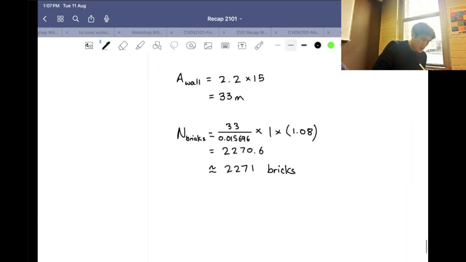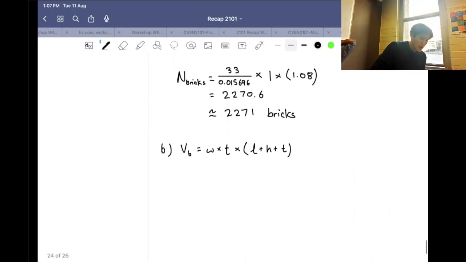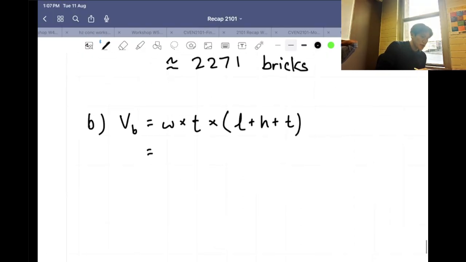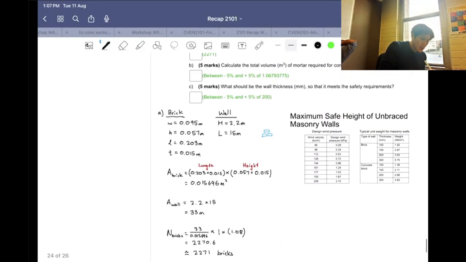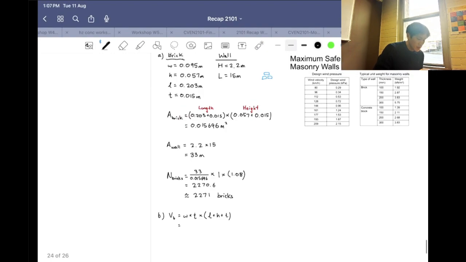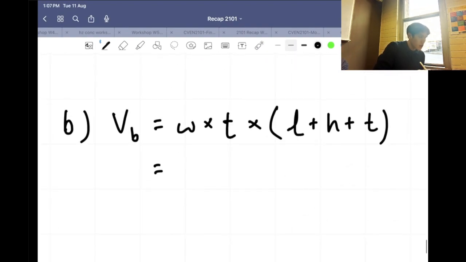Yeah, similar to part A, the formula for the volume of mortar for each brick is given to you as the width times the thickness times the length plus height plus thickness. So you just plug in all your dimensions. That's why it's handy to make a table of your dimensions separating the wall and the bricks, just so it's easier to come back to. So you have your width as